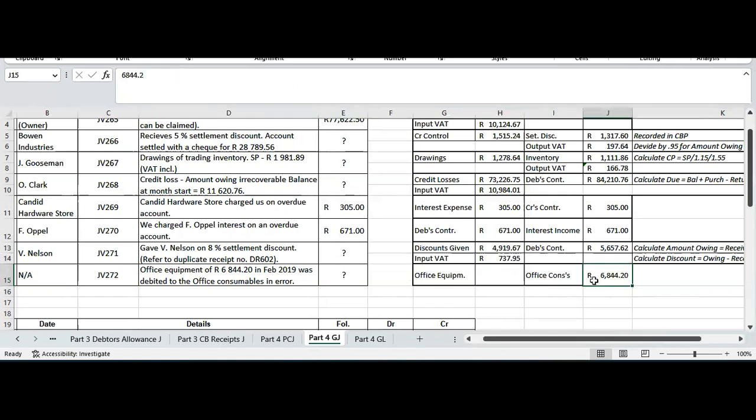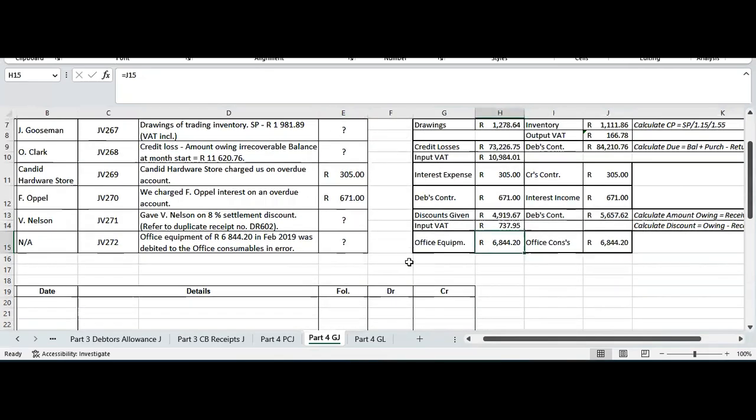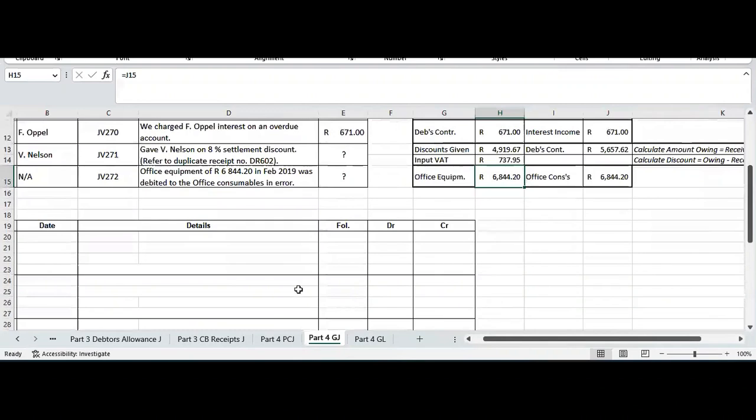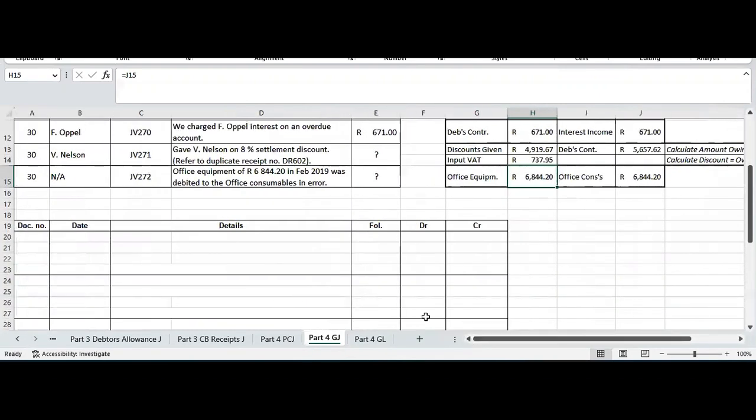There's no VAT implication because the VAT will still stay the same when you recorded that transaction in the previous month. And the office equipment amount, you just put the full amount in there. Okay. So here they are just trying to catch you with a question mark so that you might think there is VAT applicable, but there is not. Okay. So now that we've calculated all of that, we can go and transfer this information to our